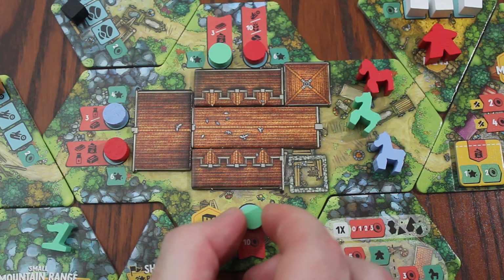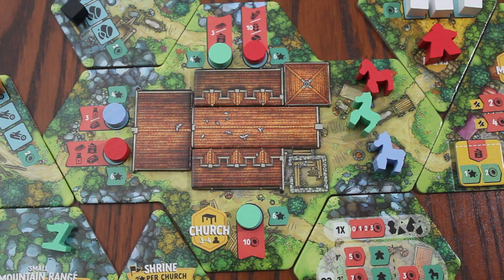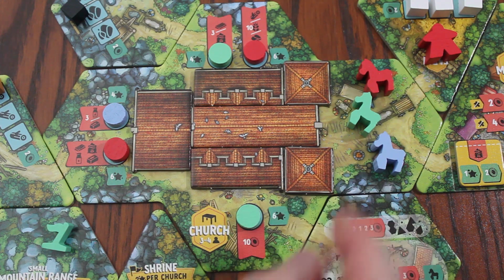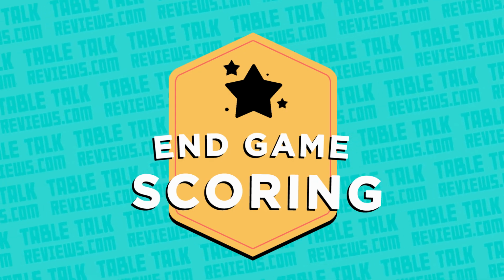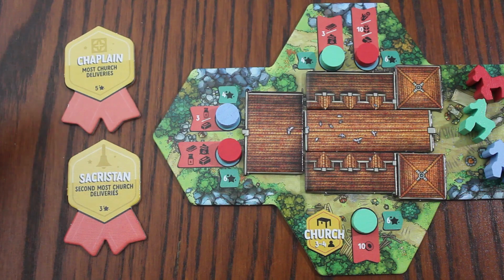When the last delivery to the church is made, the church has now been completely constructed and the game is over. Players will finish carrying out the current round and then proceed to endgame scoring. The first step in endgame scoring is to assign the awards. The most church deliveries will receive 5 points and the second most church deliveries will receive 3 points. In this case, red and green are tied, so you'll total up the points between both awards and split them